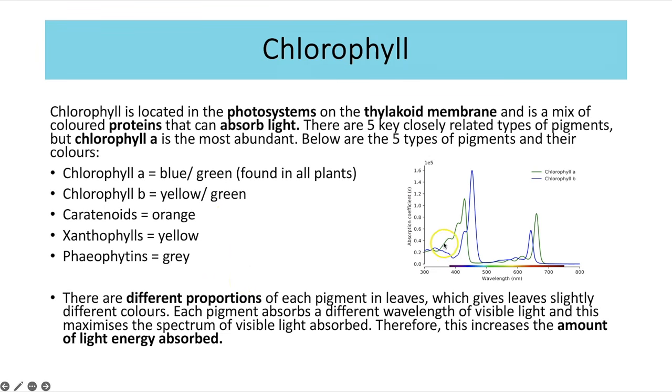But that is the advantage, and we can see it here on this absorption graph against the wavelength. It's actually only showing chlorophyll A and B on this graph, but we can see even just those two different pigments, which are both shades of green, absorb different wavelengths at different proportions. And if we were to add in the other pigments, we'd have an even bigger spectrum of the wavelengths where we'd have higher absorption. And ultimately, as I said, that means you're going to have more light energy being